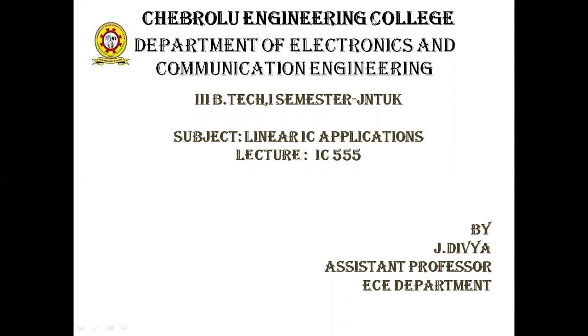So first, what is meant by IC 555? So this is also one of the linear ICs. In most of the industries, operations are scheduled according to specific time requirements. So that is, in process industry, raw material is processed in different stages. In each stage, raw material is processed for a particular time period. So, for example, the process may be the heating process, and the heat may be required to be applied for, say, 5 minutes.